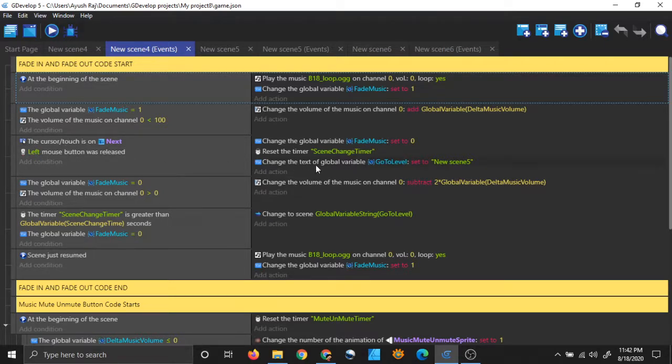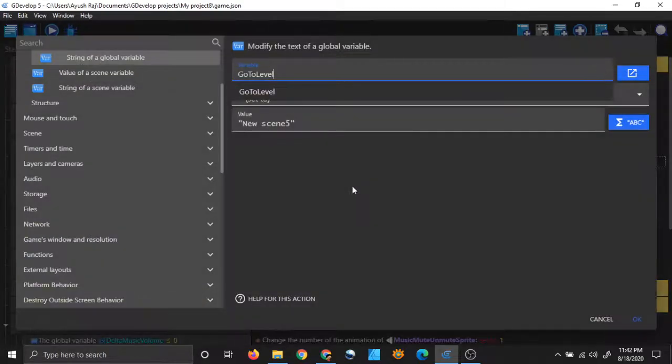But in this line you will tell which scene do you want to change to. In my case, I want to change to new scene 5. In your case, you may want to change to your own scene. Suppose, I don't know, whatever, Cloud City. Maybe there is a scene in your game Cloud City, so you will want to change to that, right?